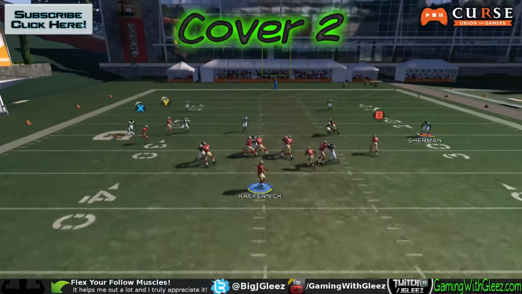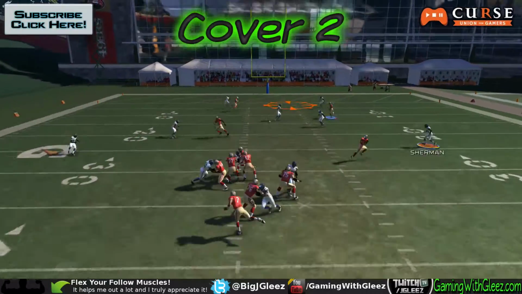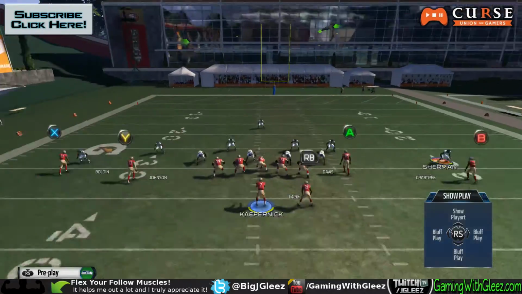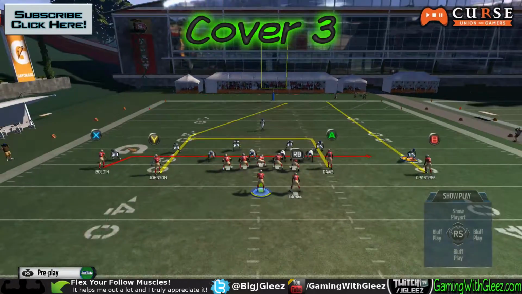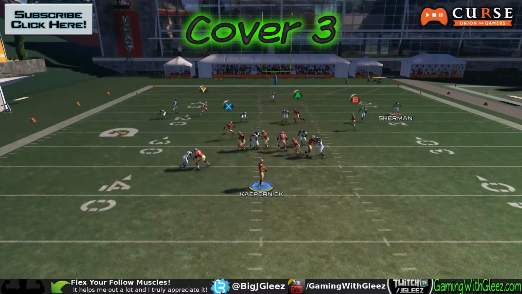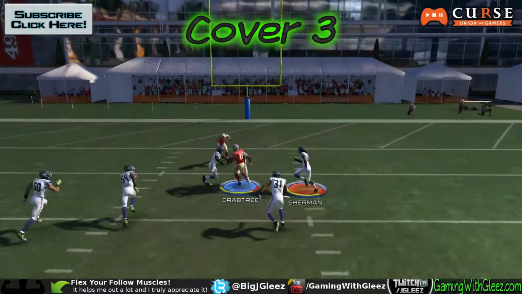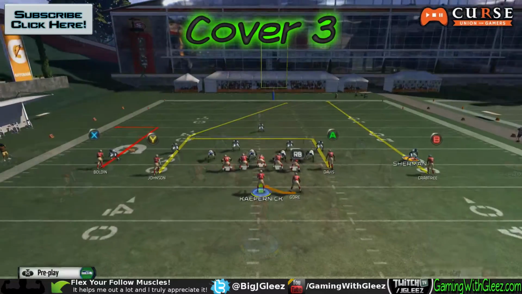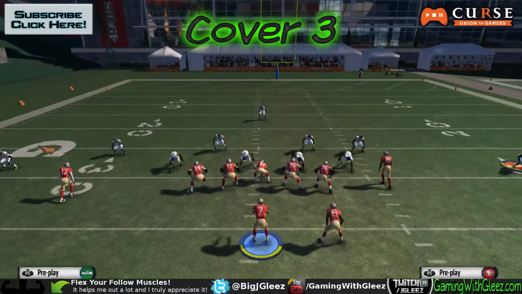So we're going to take a look at this play again. We're running the vertical, we have the in, we have the drag, and you'll notice that deep downfield, throwing that vertical is not a very good throw against cover 2. So you want to make sure, again, to hit the shallow middle field. That's what's going to be open against the cover 2 as the underneath defenders play deeper. You will notice that against cover 3, right there, the vertical is very, very open as you motion it and